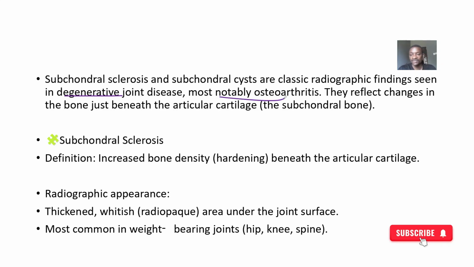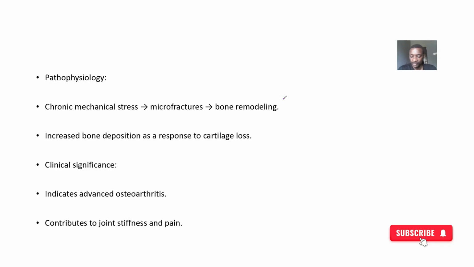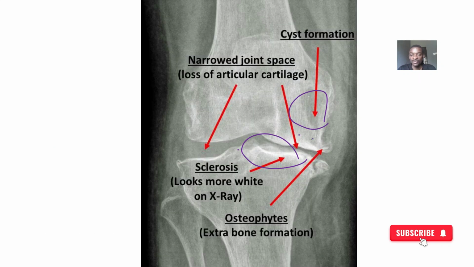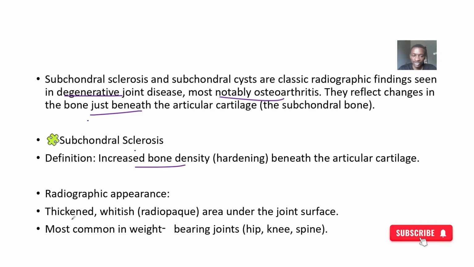Most notably, they occur in osteoarthritis. They reflect changes in bone just beneath the articular cartilage. Now, talking about subchondral sclerosis in particular, it comes in because there's increased bone density. So the bone is becoming too hard. Imaging of the bone shows that the sides affected by the sclerosis are whiter than other sides. So you have thickened whitish areas, most common in weight-bearing joints like the knee joints,